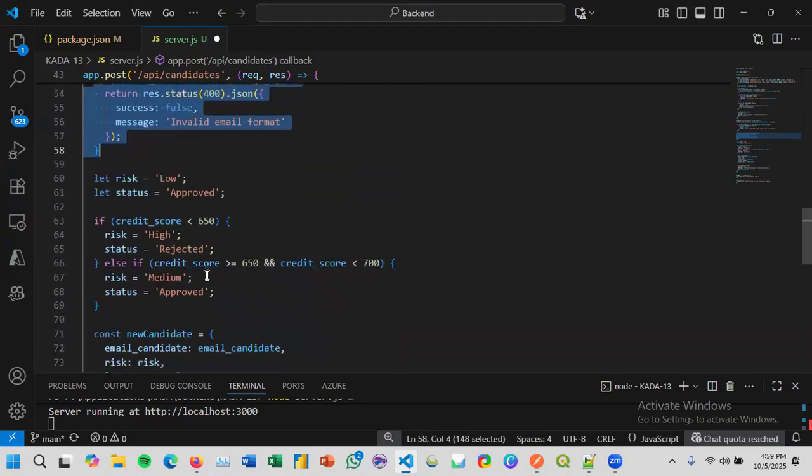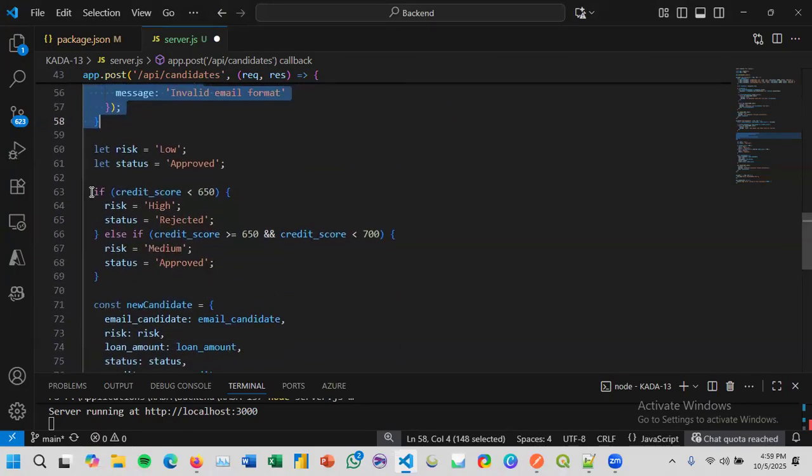And for the third conditional, it will determine the risk level. If credit score is below 650, it is high risk, and it will be rejected. Between 650 to 700 is medium, so it's approved. And above 700 is low risk and approved.